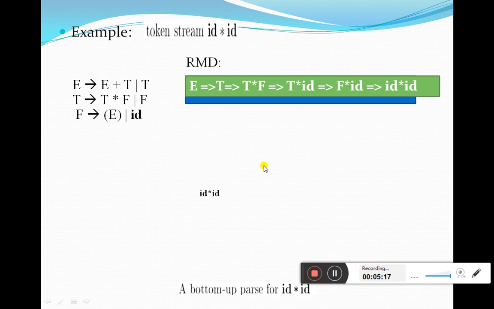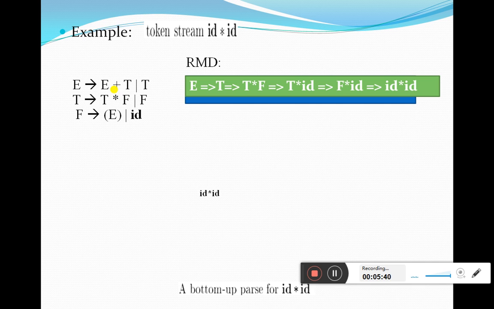Now let us take a simple example. Suppose this is the input string, that is the token string. ID is one token, star is another token, ID is another token. And suppose this is the grammar for arithmetic expression. Unlike top-down parsers, you need not remove left recursion or left factor the grammar.